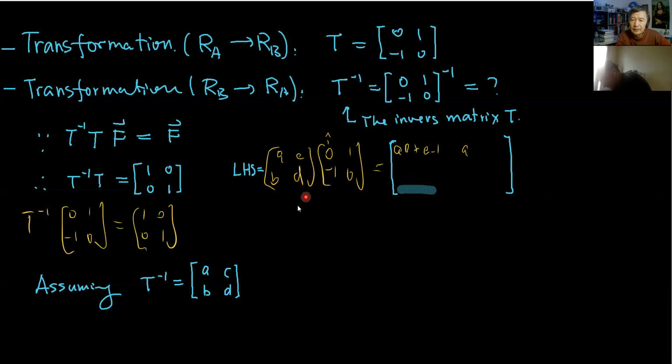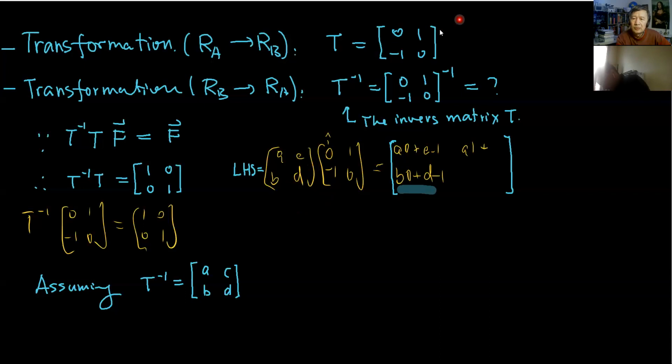So that's going to be B times 0, that's 0. Plus D times -1. Just D times -1. Do you mean multiply? Yes, multiply. Okay, and then for the next one, we're going to have